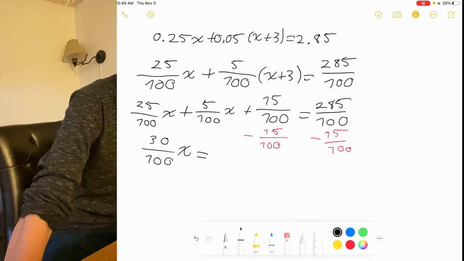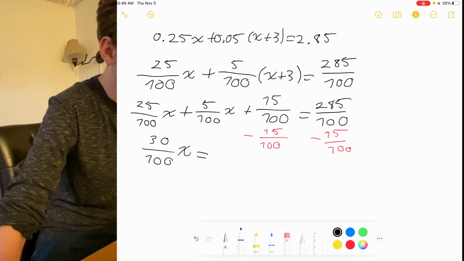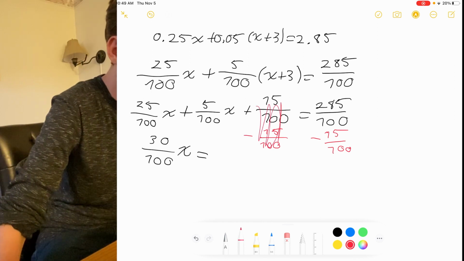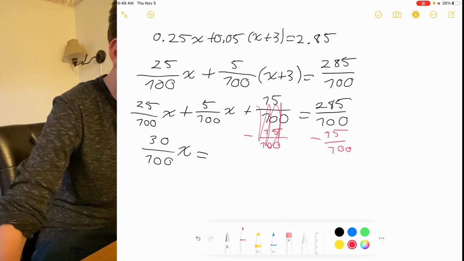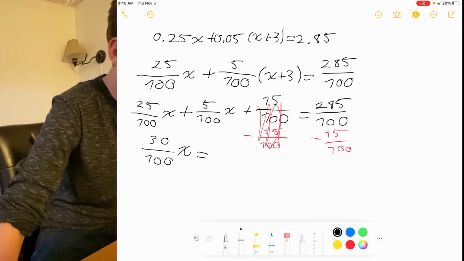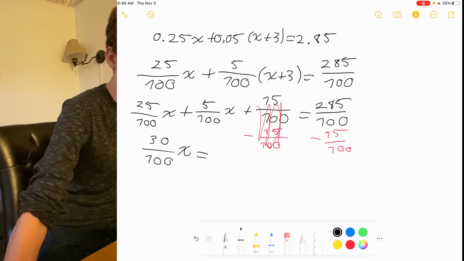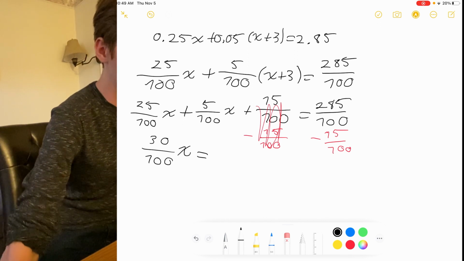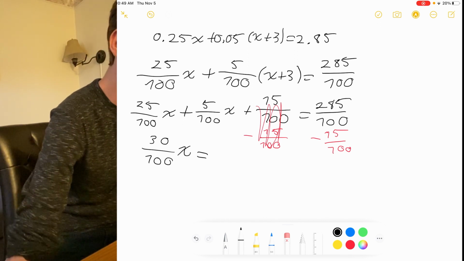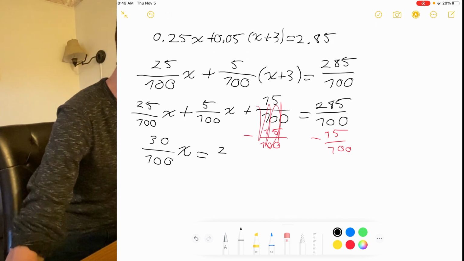And so now we'll have 30 over 100x is going to equal, and these guys are going to cancel. And then we'll have 285 over 100 minus 15 over 100. That's the same as 285 minus 15, which is 270,